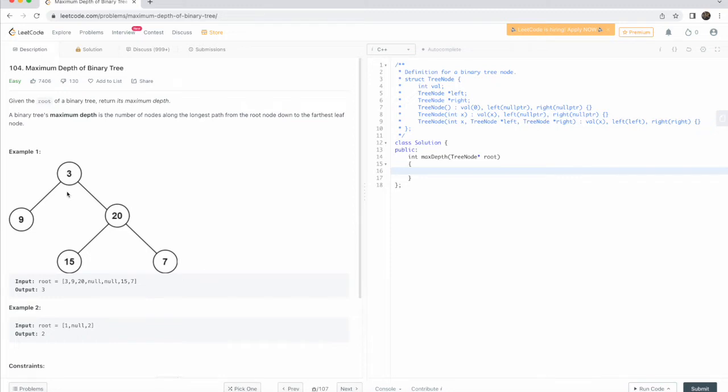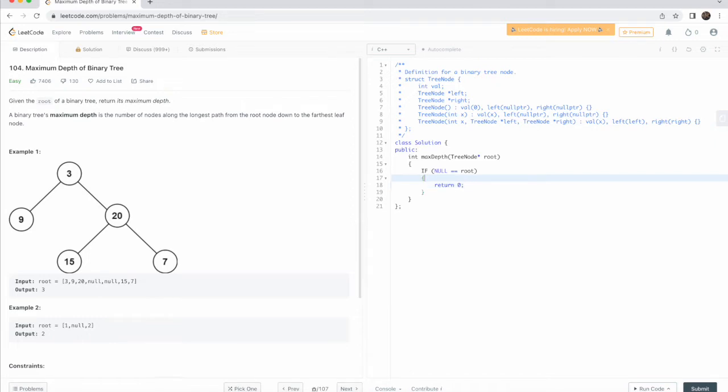So we just have to calculate at each point of time. Whenever we are traversing any node, we just have to calculate the maximum height at that node and return that maximum height. If we return that, then our problem will get solved recursively. So let's try to write it recursively. If we deal with a pointer, then we have to consider the null check. So if null is equal to root, then we return